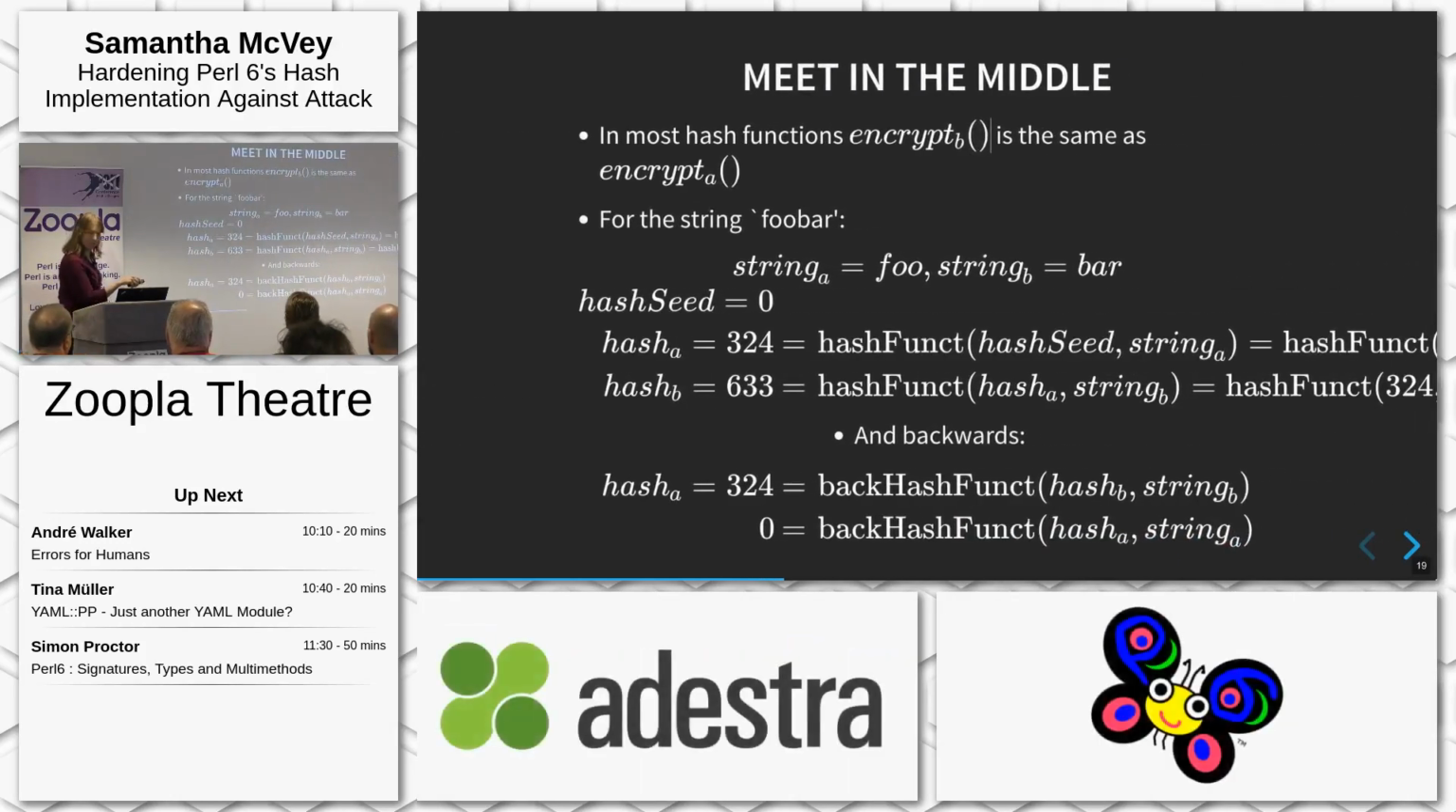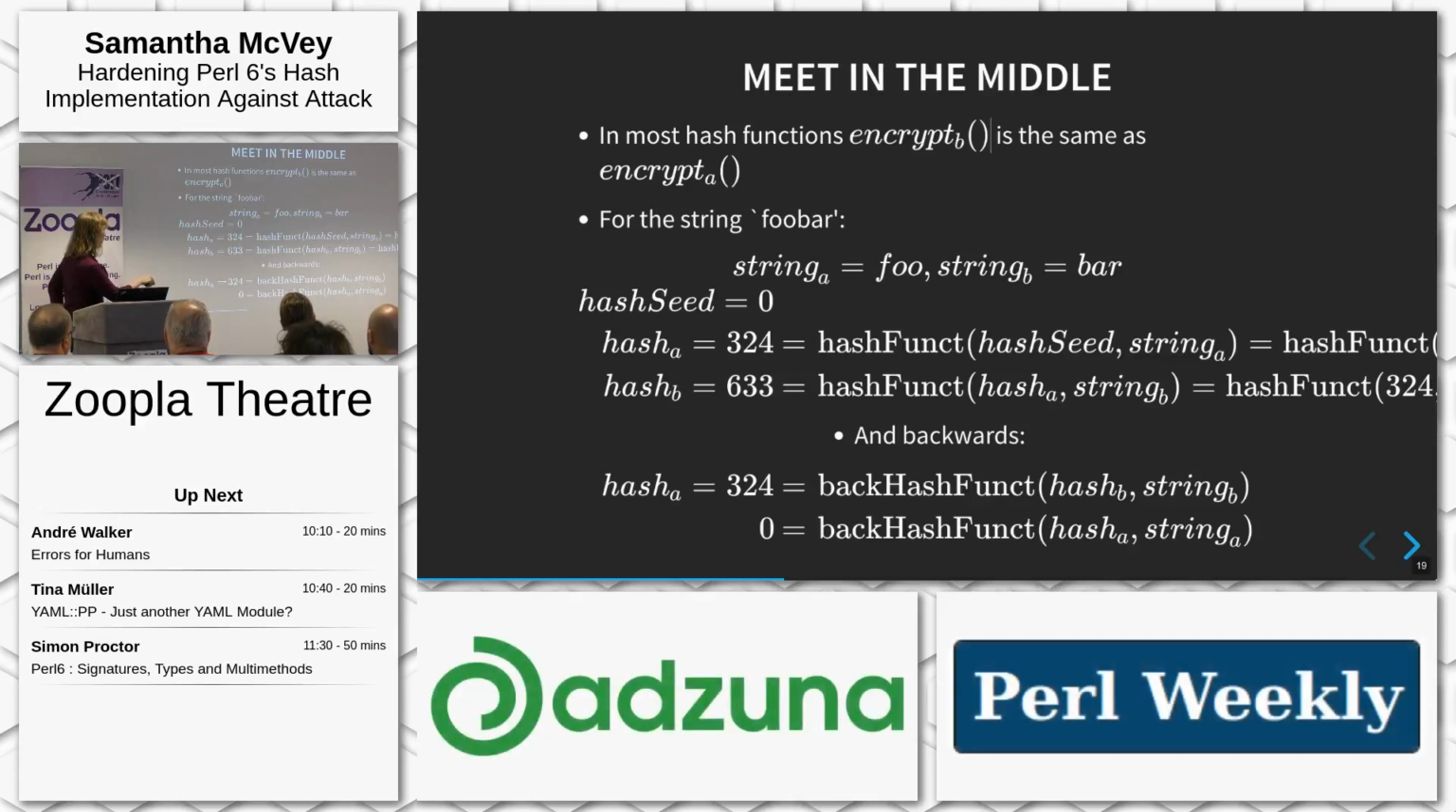Okay, so this goes off the page a little, but that is essentially just these numbers plugged into this function. So you have encrypt A alpha is the same as encrypt beta, and for the string foo bar, string A is foo, string B is bar, because we're doing the exact same operation each time, and it's reversible. So this makes it so we can reverse it by taking the hash value here, plugging it in, getting back 324, and then, because you know the target string foo bar,